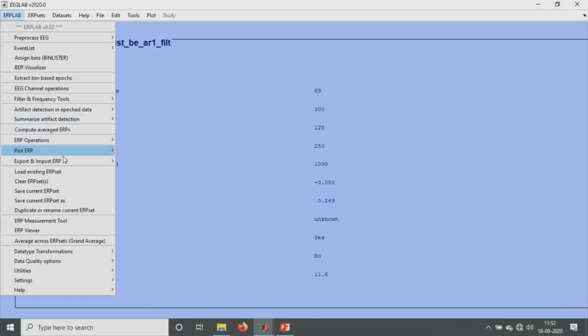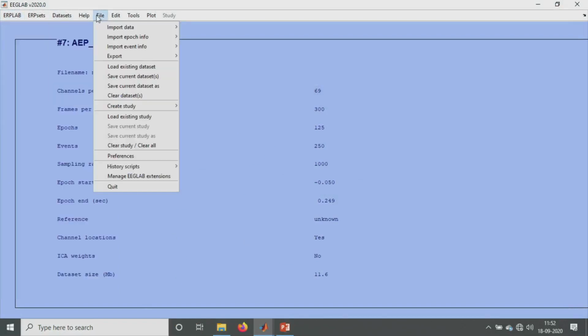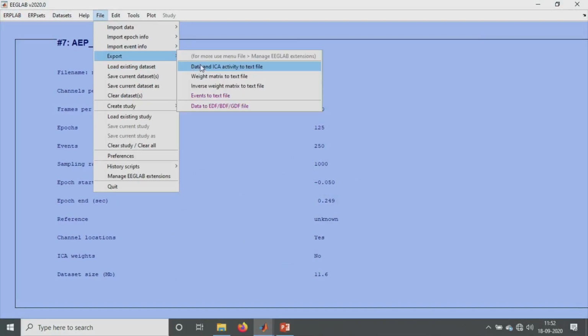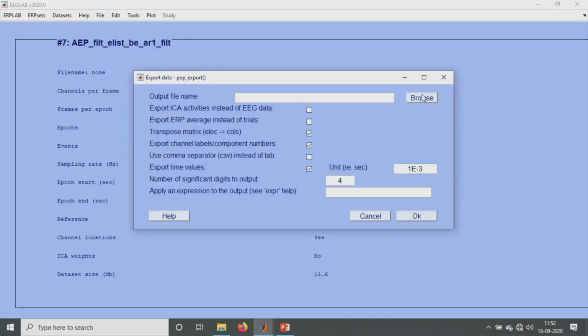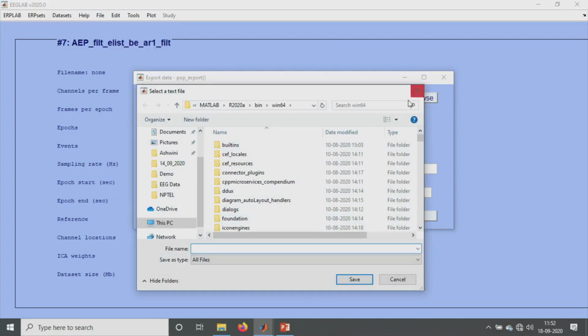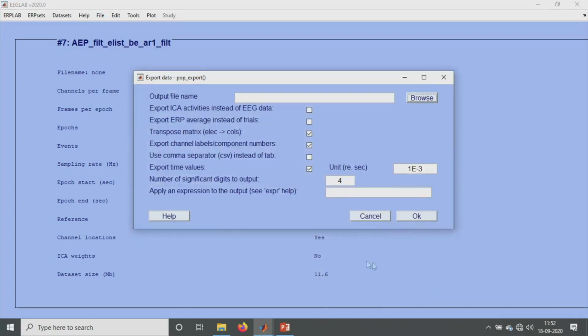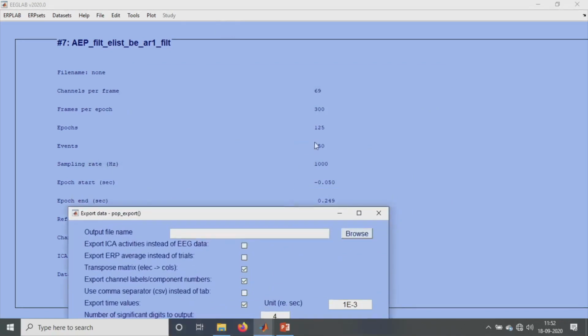Another important thing is that we can export this data. However these data are there, we can export it in text format, or as an Excel sheet or ASCII file, in whichever manner you want. You can have the average ERP also. If you want just the average ERP, you just select this. If you want all the epochs, like all 125 epochs, it will give it in that manner.